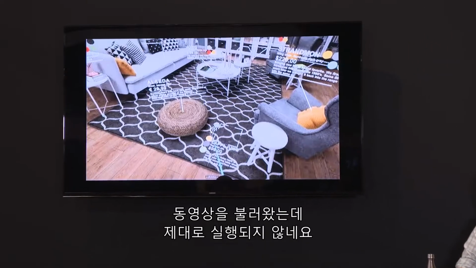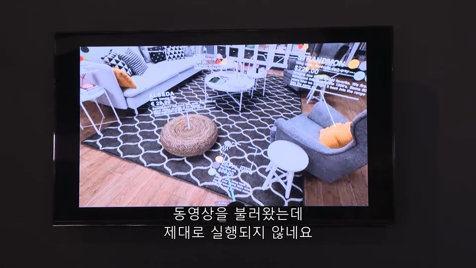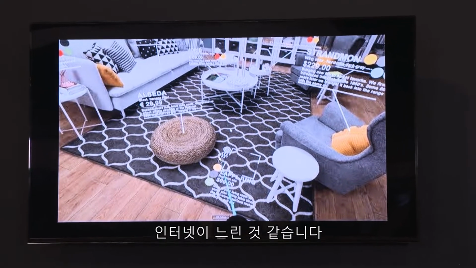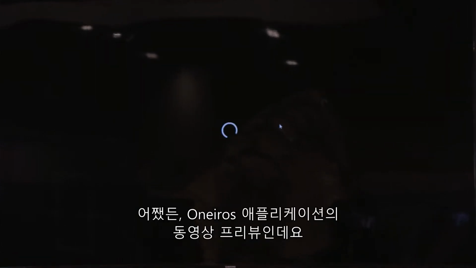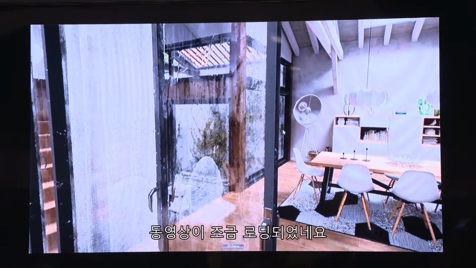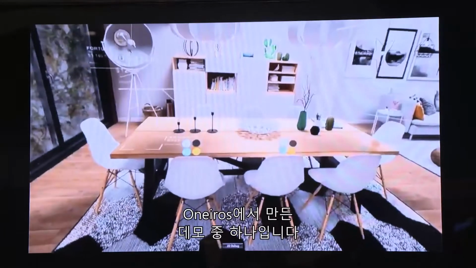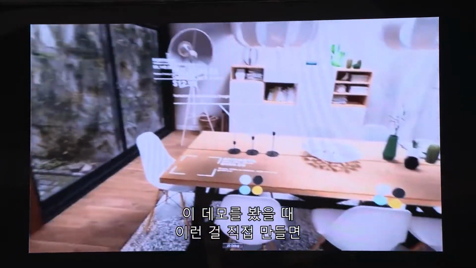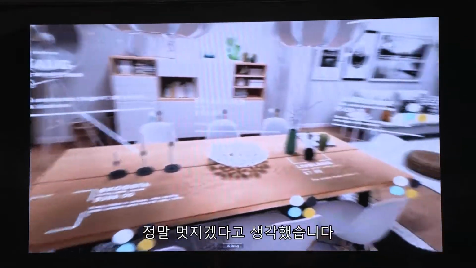Now, I just loaded this up here and noticed that this video won't run because the internet is too slow, but this would otherwise be a video that it's going to try to run. At any rate, this is a video preview of the Oneros applications that we saw originally and thought, hey, this would be a really cool thing to bring into Unity to see how we can visualize some of our offices. Oh, there we go. So the video loaded a little bit. So this is one of the original Oneros demos, and we saw this and we thought, oh, we need to make one of these. This would be really cool.